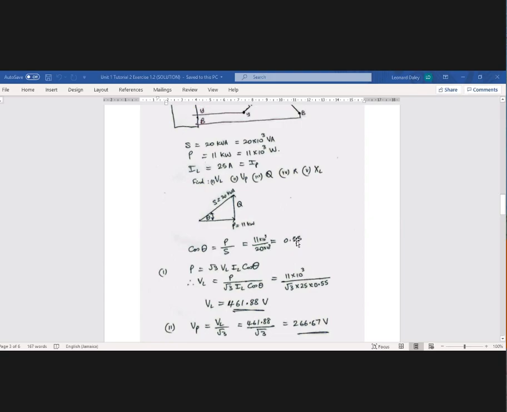And you can see that it's a low power factor here, because what you think you are putting in is 20 kVA, because you're multiplying the line voltage and the current by root 3, and what you're getting out is 11 kilowatts. So just 0.55 of what you put in, basically,